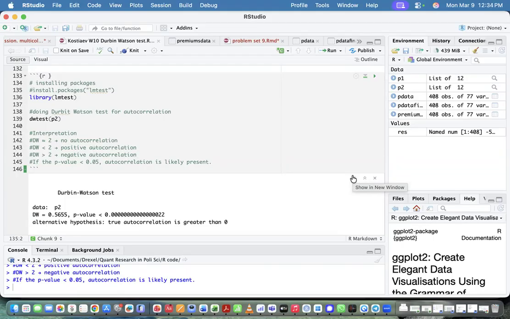The way to interpret it, and I gave you instructions how to interpret Durbin Watson test, is we have a value of 0.5. So it means we have a positive autocorrelation. So our premiums affect some of our independent variables. And I would guess it would be something like